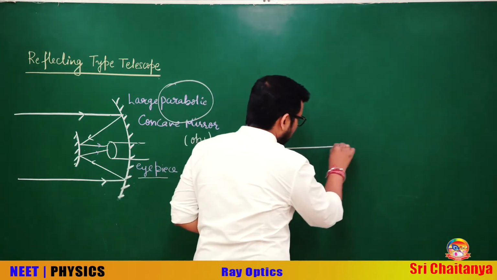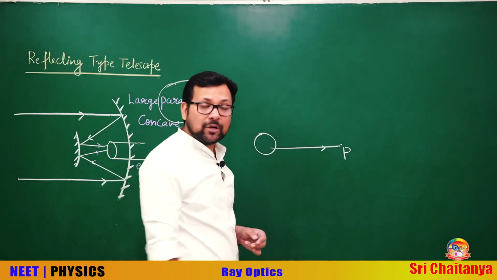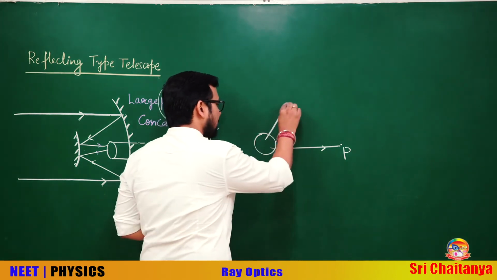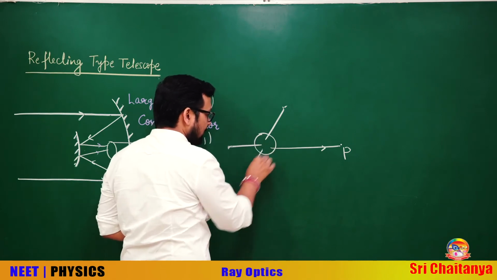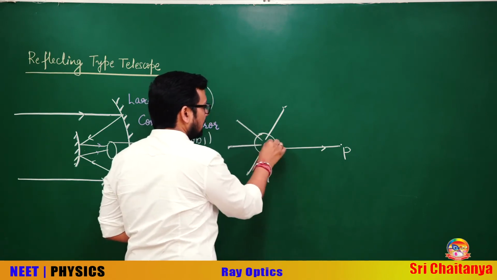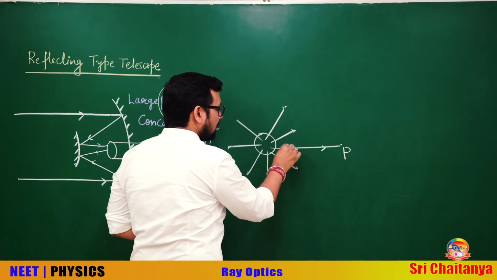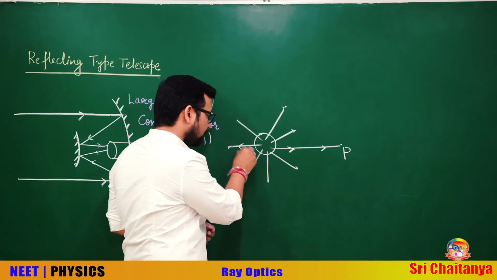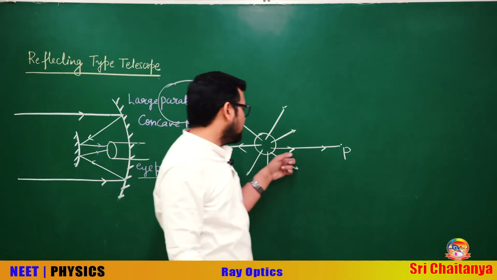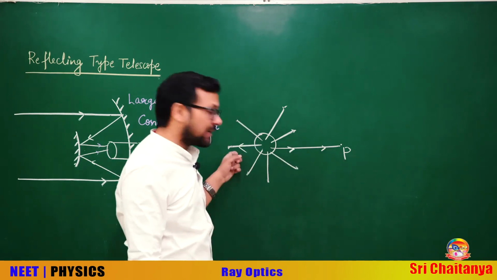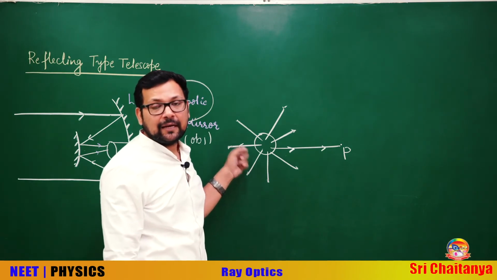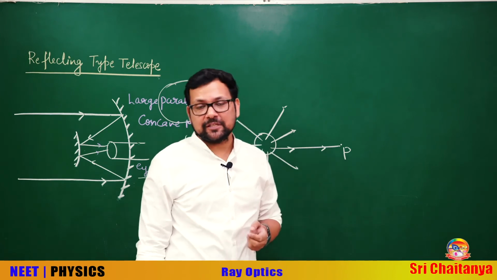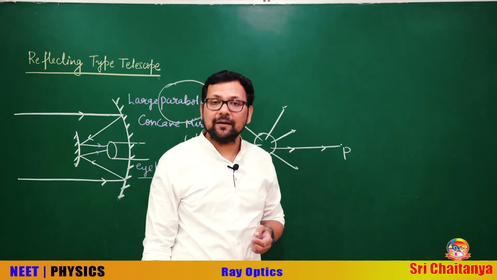But you have to think, when I am talking about light, I am not asking you about this one ray only. From the object, light is emerging in all directions, like this. So if this light is reaching P in the minimum time, what do you think about the other rays? The minimum time is also taken by light and the maximum time is also taken by light, and this is called Fermat's principle. On the basis of Fermat's principle, we can say angle i equals angle r.